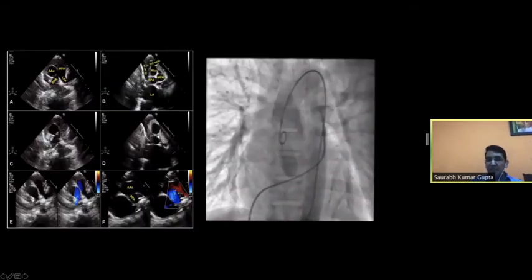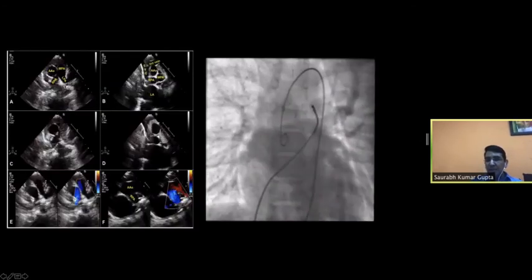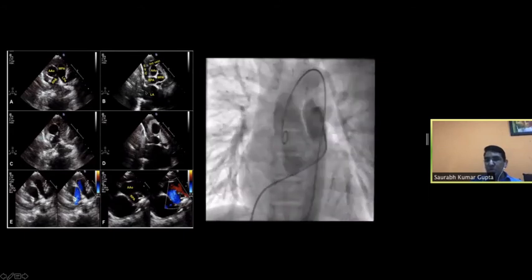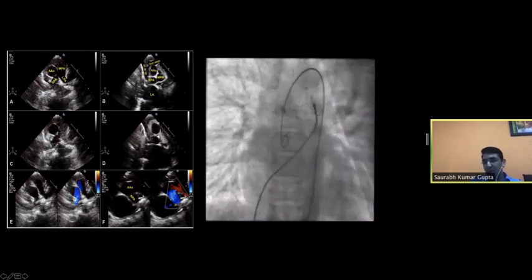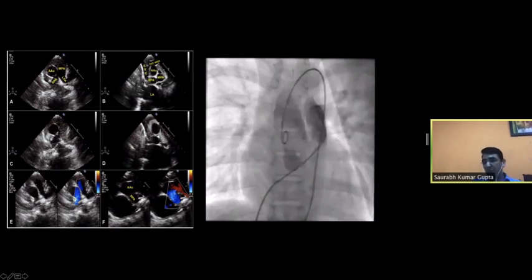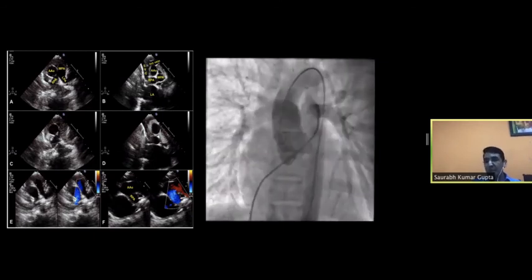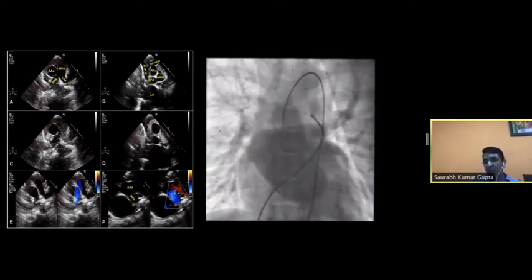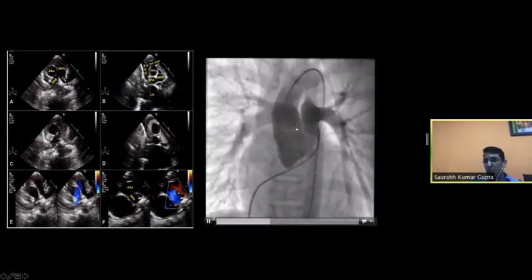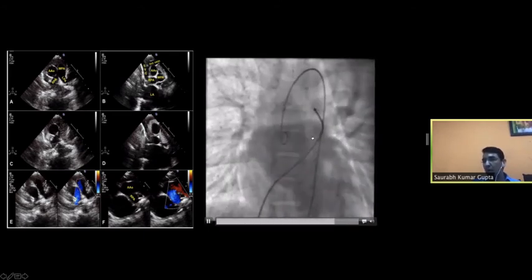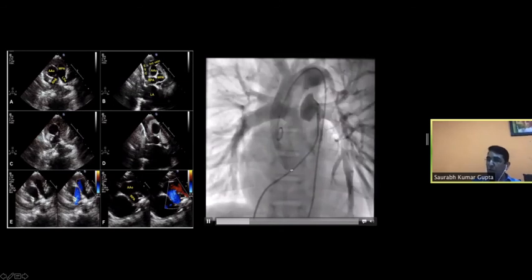And now if you can see over here, these images, the upper two images, were so confusing that they almost made us believe that this patient actually has normal pulmonary artery connection. But in reality, what was happening was RPA was coming out of aorta and LPA was continuing from MPA.